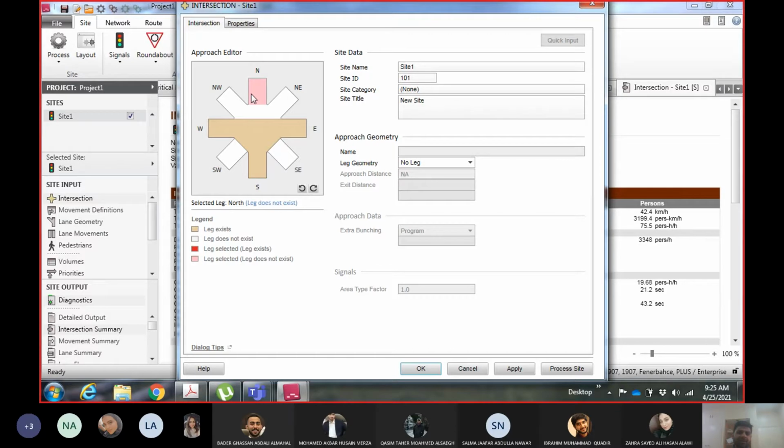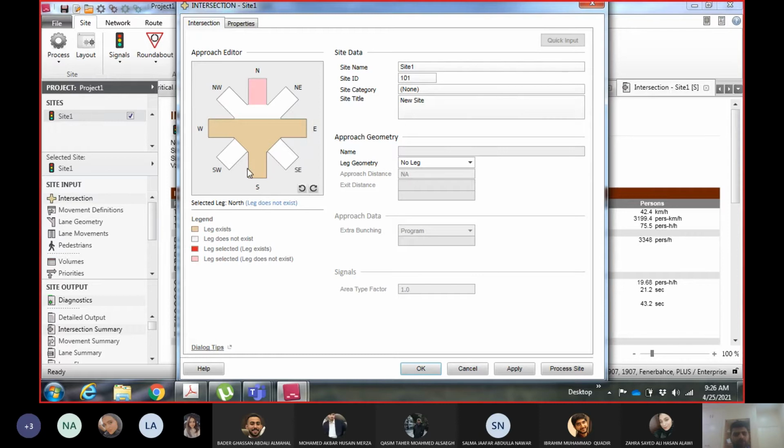When it is red, the leg is selected and part of the intersection. If it is pink, it is selected but not part of the intersection. Beige means not selected but part of the intersection, and white means not part of the intersection and not selected.